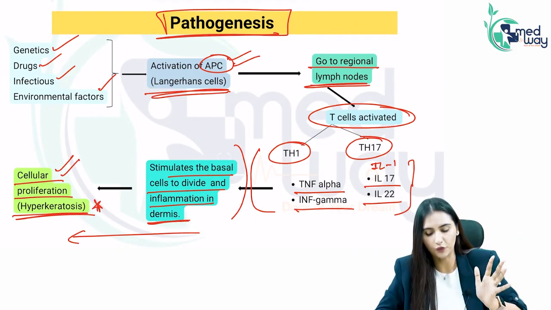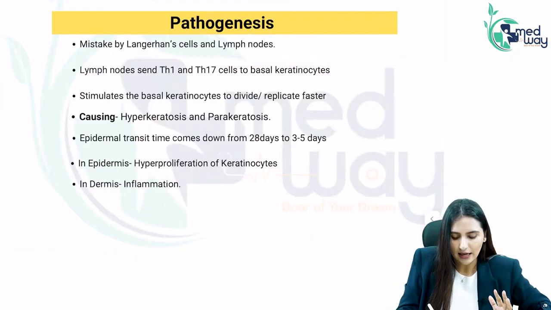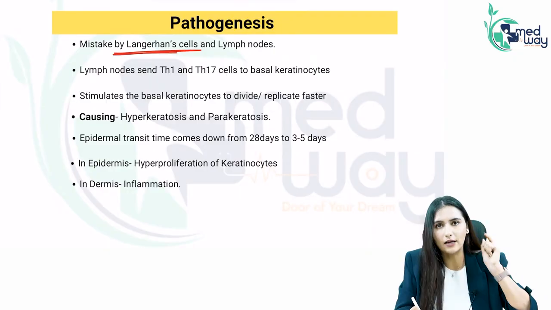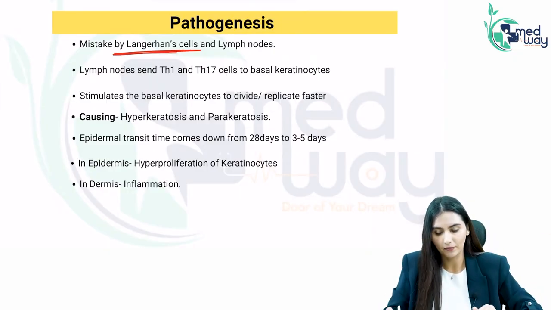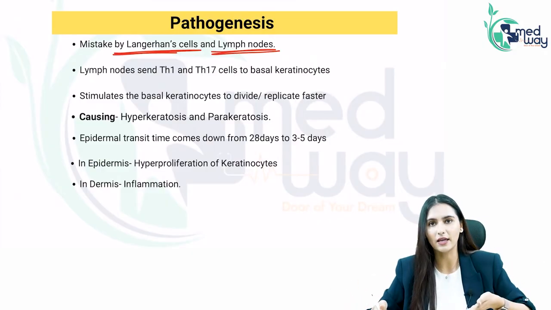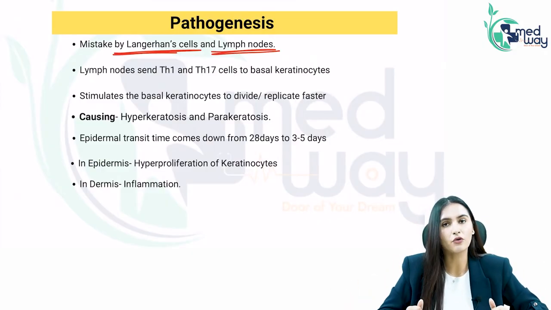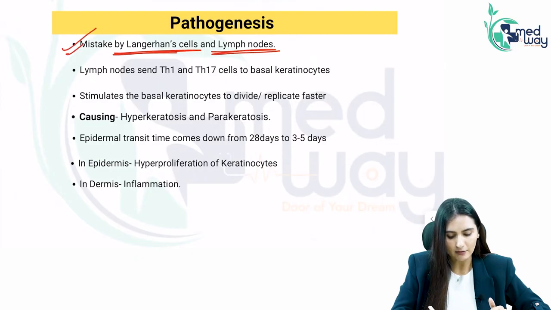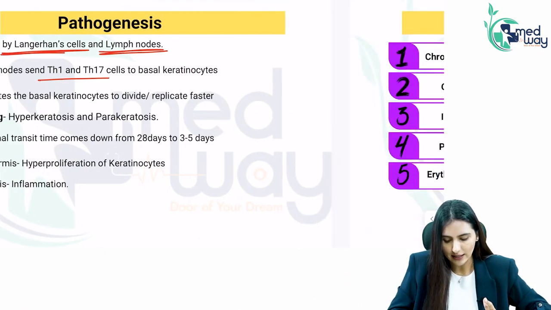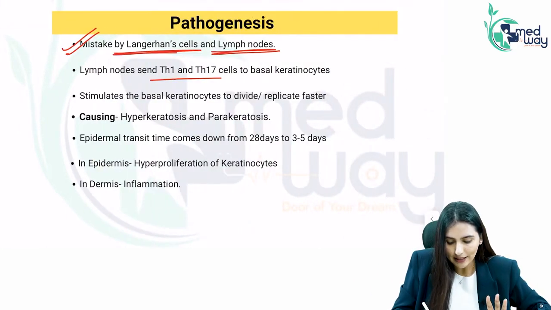You have cellular proliferation, which will be seen in the form of hyperkeratosis. Let me explain this further. There was a mistake by the Langerhans cells, initially antigen presenting cells. They made a mistake that they picked up anything and brought it. There was also a mistake by the lymph nodes that they did not see what they are bringing. They started the T cell mediated response. So there were two mistakes being made. The lymph node sends Th1, Th17 cells to the basal keratinocytes, which stimulates the basal keratinocytes to divide and replicate